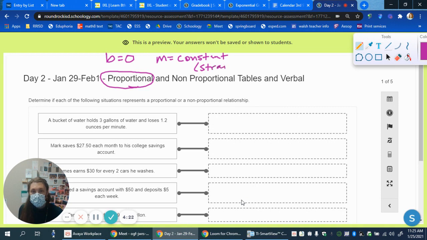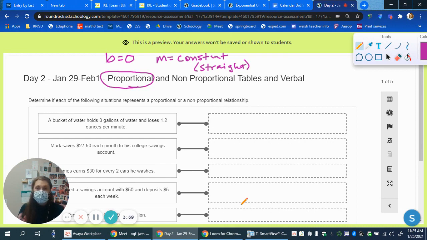So what I'm going to do on this problem with the situations, with the word problems, I'm going to try to convert them to equations because it's a lot easier for me to look at an equation and see if it goes through 0. So let's look at a couple of these together. Problem number 1 says a bucket of water holds 3 gallons of water and it loses 1.2 ounces per